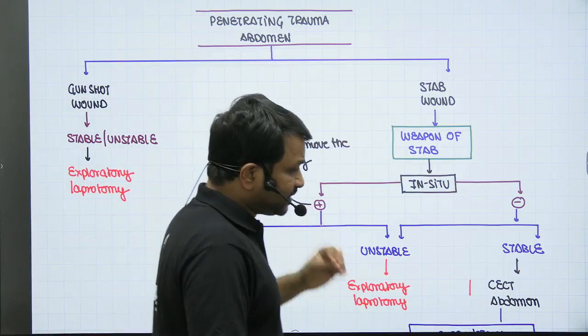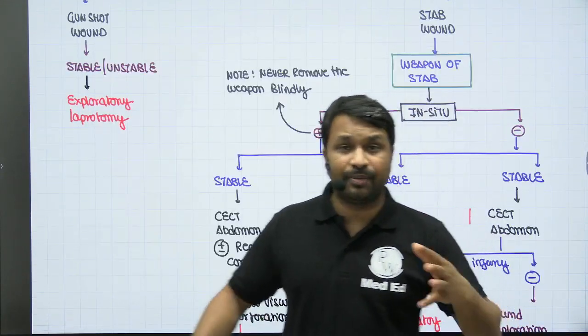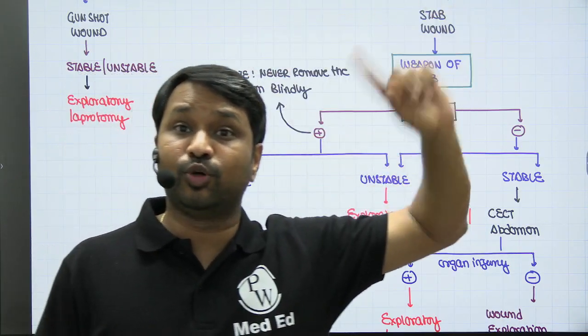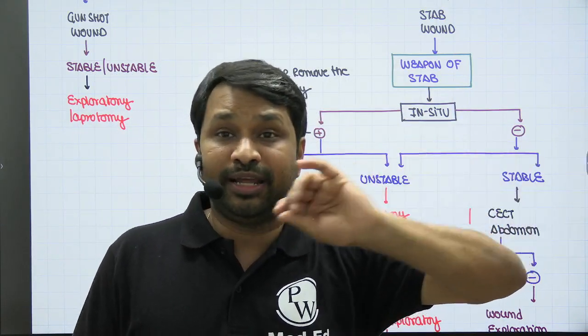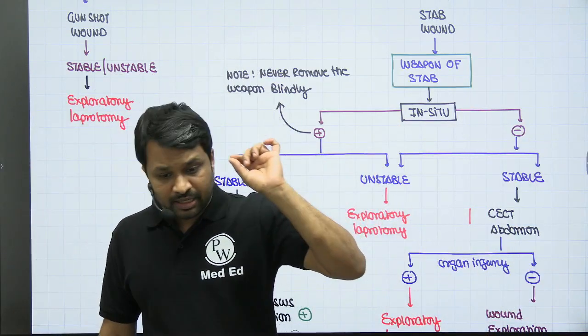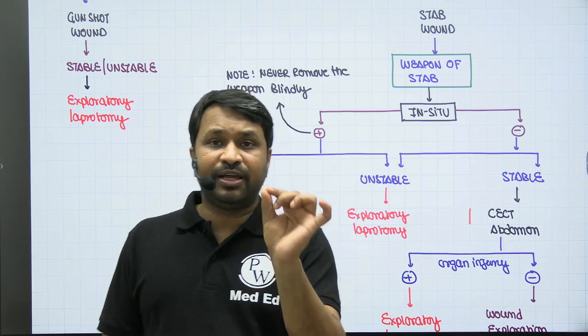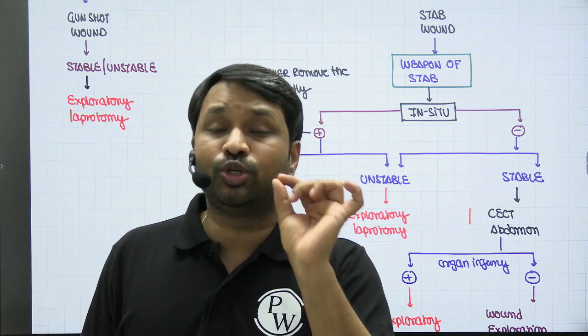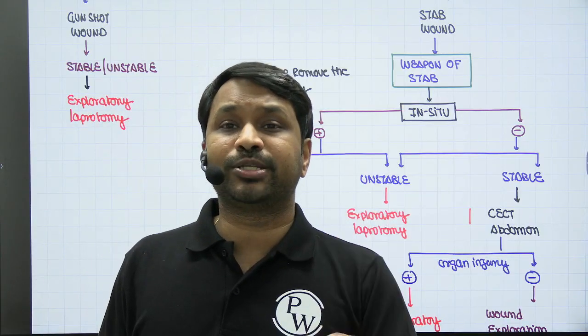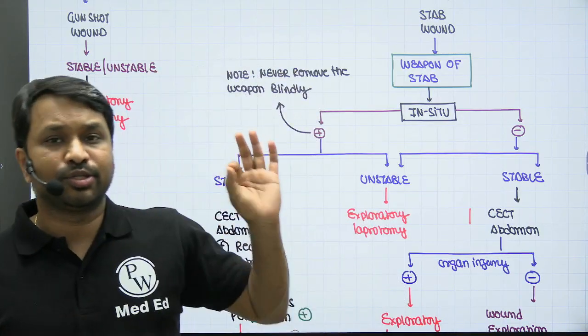On the other hand, if there's a stab wound, you will see the weapon of stab, is it in the body or not. If it is in situ, never remove it blindly. It must be removed during the surgery, and that too not suddenly with the incision. Layer by layer you will open up. In fact, as long as the weapon of stab is available in the body, it allows you to trace the path of that particular weapon to know what are the possible sites of organ injury. So hence it should not be removed.